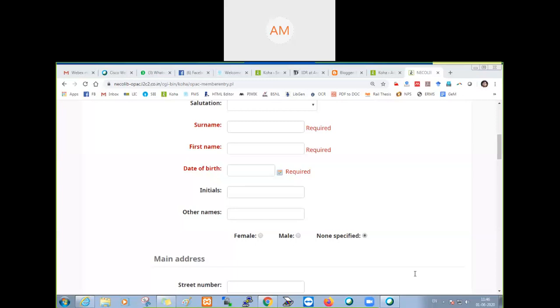Okay. So anybody want to repeat the step? I'll wait for your response. Is it fine up to this? How to make the field mandatory?